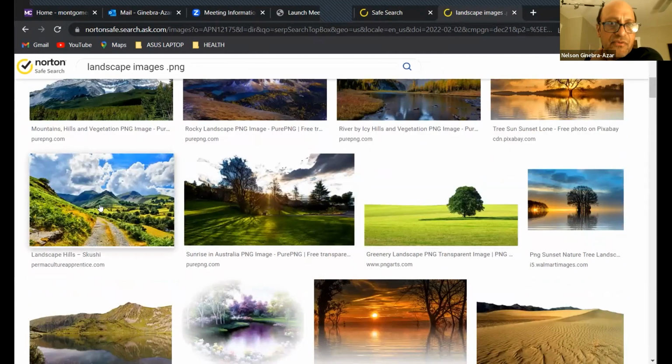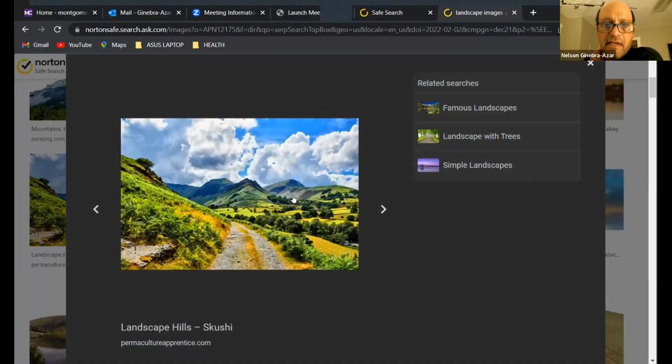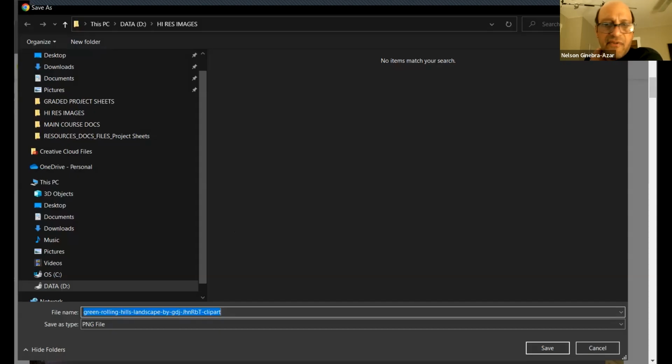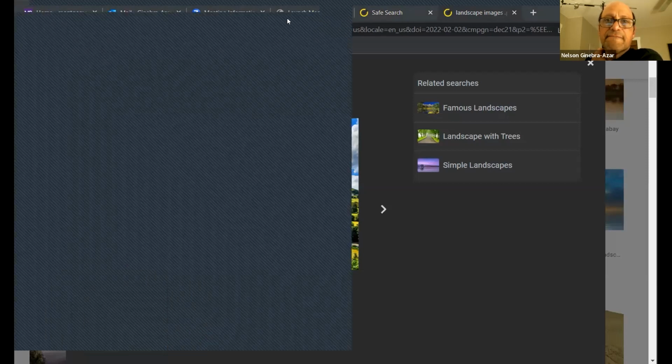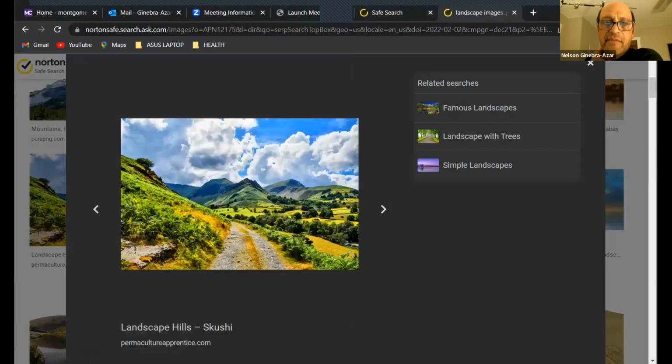But let me just grab this one. Let's see. That looks pretty nice. Let me right click on that and save that one. All right, so this is saving a PNG file. There we go. Very, very compatible, easy to use format. Plays nicely with others. Okay, and I'm going to go ahead and bring it in